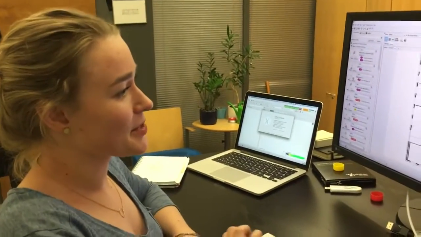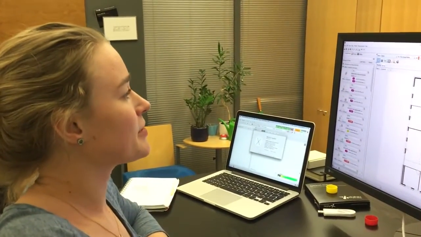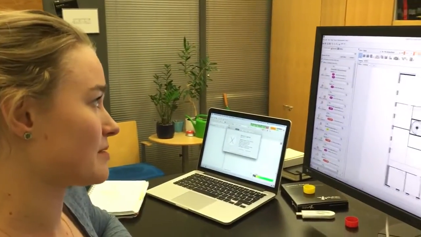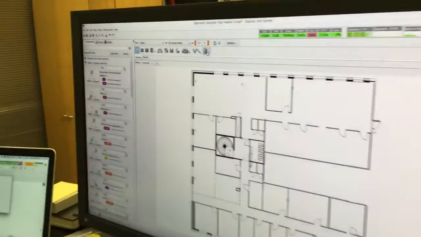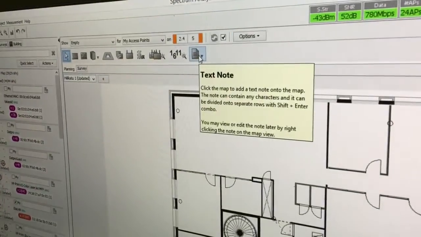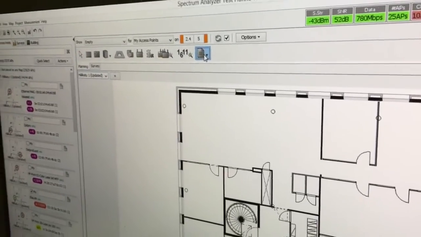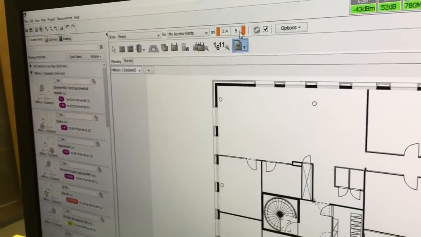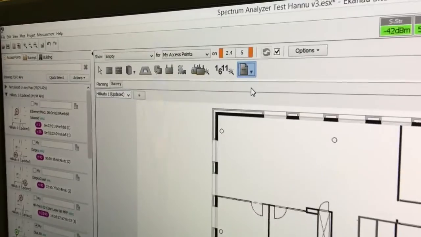Okay, so for the custom notes, I emptied the map so that you can see them better. We're going to go from the survey tab to the planning tab. And up here you can see we have a new button. This is the custom notes. Here we can add several different types of notes. We can add a text note